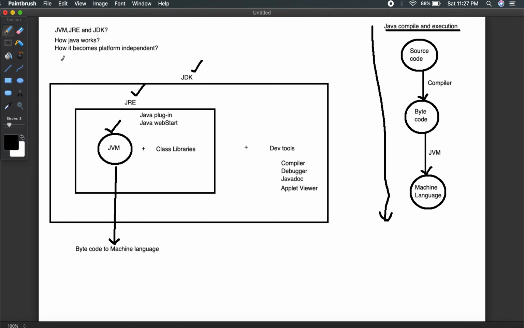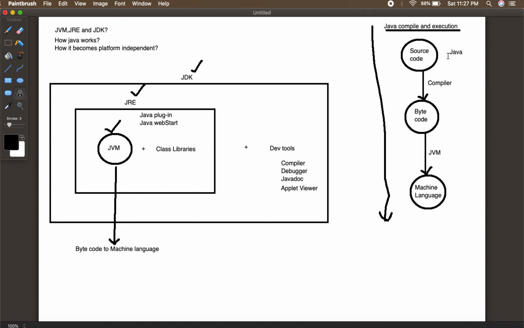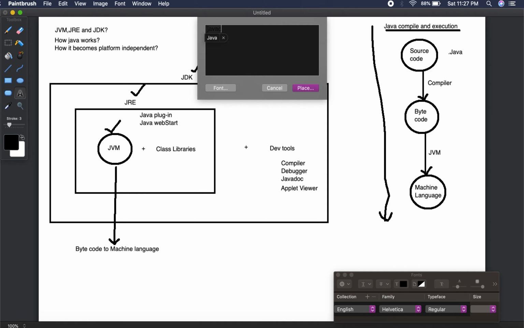What is your source code? It is a .java file, right? When you write a class, it is a .java. And once you do the Java compile, what is the command for the Java compile? It is javac, and you just mention, like, let's say you have a test, that is your class.